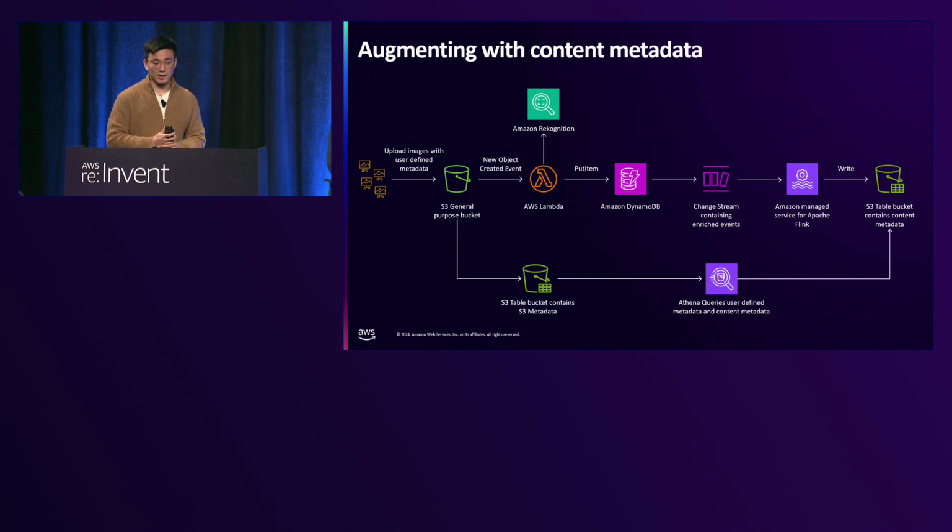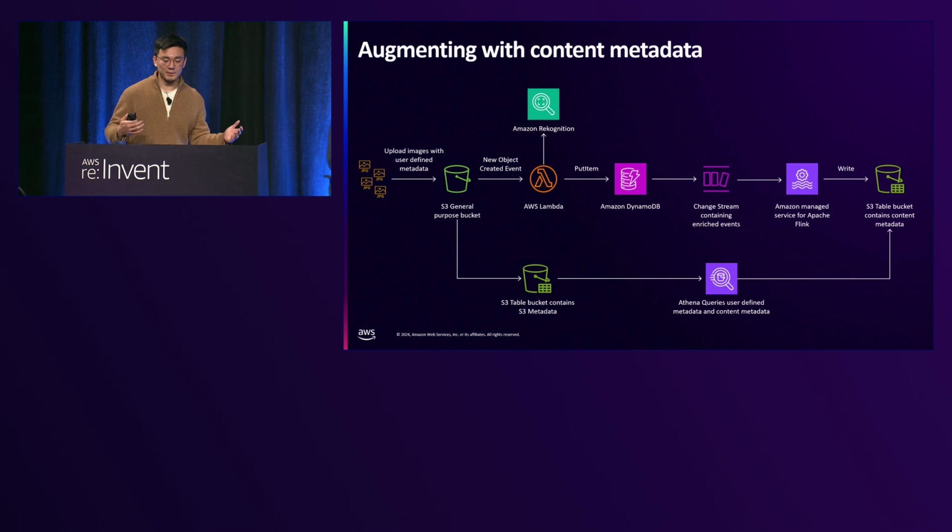The first is technical image metadata, things like image resolution, width, and height. And the second is that we're going to call Rekognition to run some ML on images and detect entities and detect labels within the images. So if there's a baby, you can tell there's a baby. If there's an elephant, it will tell there's an elephant.